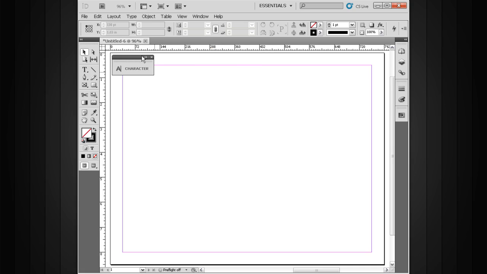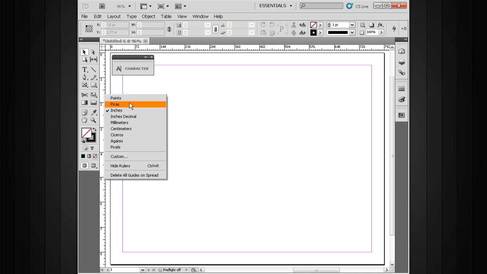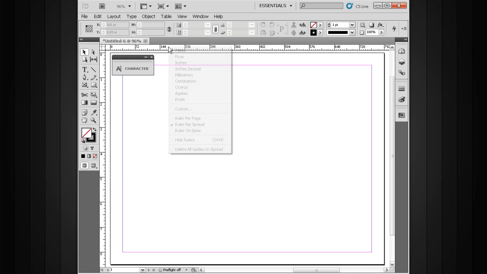Now, I don't know if you noticed this, but only one of my two rulers changed. InDesign is the only one of the three applications that will allow you to change the rulers independently by right-clicking on them here. So if I right-click on this other ruler here, notice that it's still set to inches. Let me change this one back to inches because I want to show you the secret to changing both the rulers at the same time here in InDesign. All you need to do is come over here to the top left-hand corner where the two rulers meet and